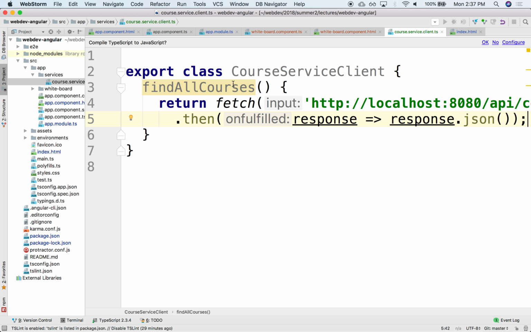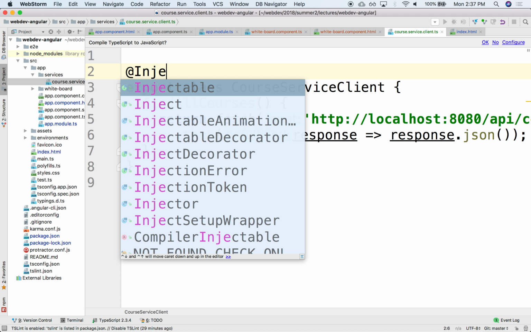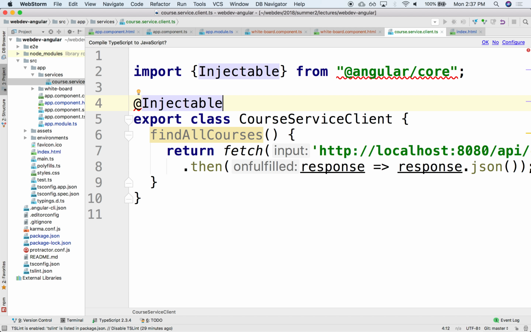All right, excellent. And the other thing is to make this a singleton, so that it can be injected as an inversion of control in Angular. We can annotate this as injectable. Injectable, as you would expect in Java, where you see autowired. Here it's something that can be autowired if it has been